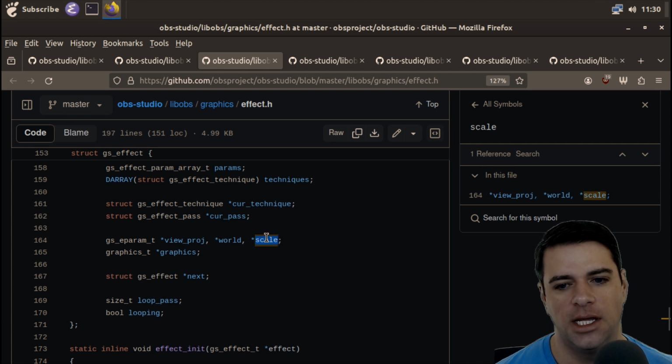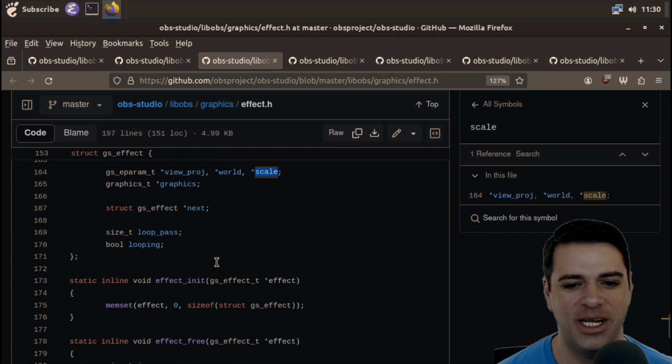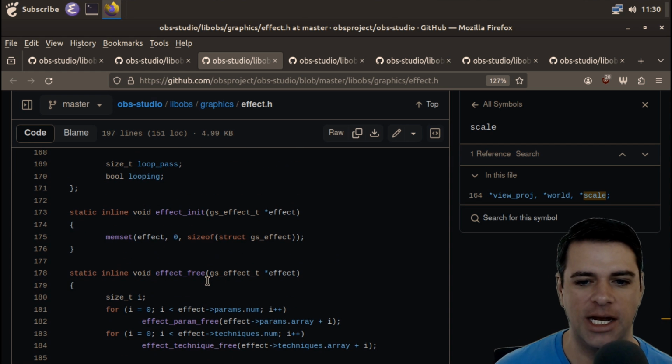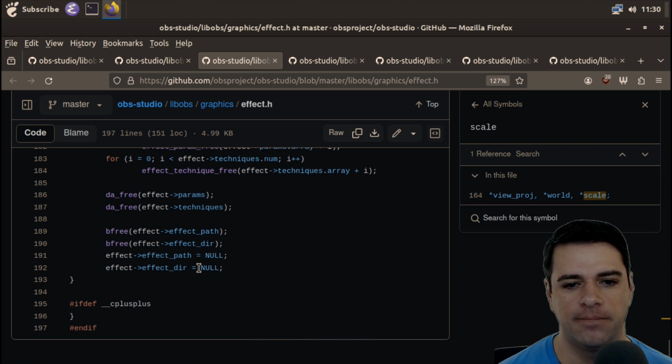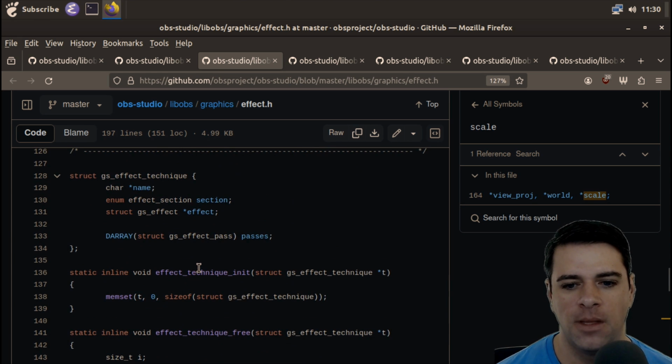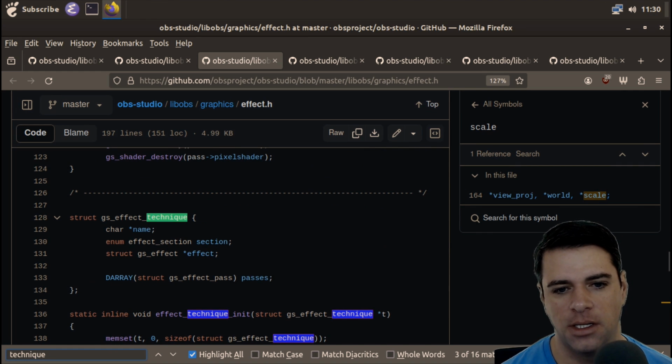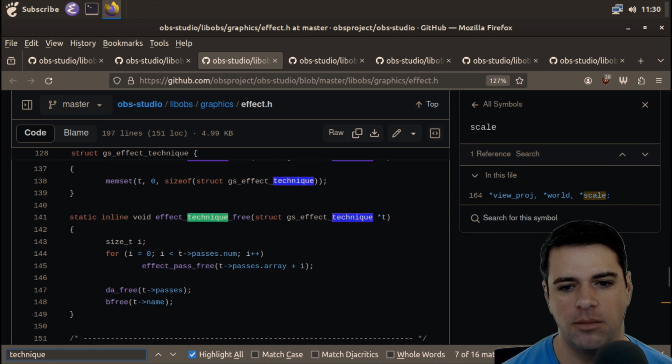And scale is, I'm going to guess, some sense of scale, but I don't know the details of if we're scaling, maybe zooming in and out in the camera or something like that. I'm just kind of curious what a technique is, but maybe